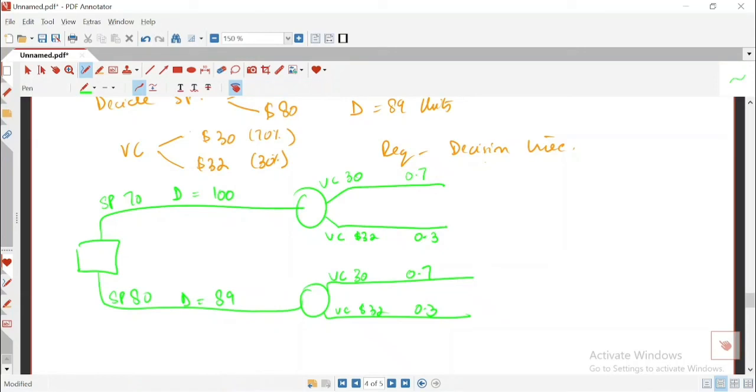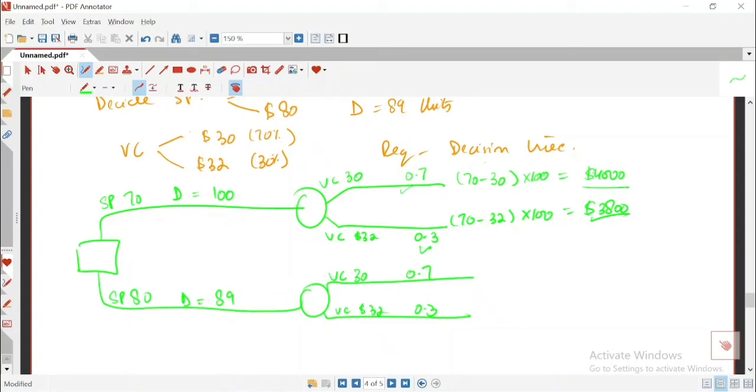Maybe we are going to do the same. 70 minus 30, which is 40, multiply by 100 units. So your contribution will be $4,000. That is, the return will be 4,000 for this option. Same हम यहाँ पे करेंगे 70 minus 32 multiply by 100, which is going to be 3800. ठीक है, ये आ गया आपके इस ऑप्शन की वैल्यू. अब इसकी एक्सपेक्टेड वैल्यू कैसे आएगी? You are going to multiply this because there is a 70% chance for this and a 3800, so there is a 30% chance for this.